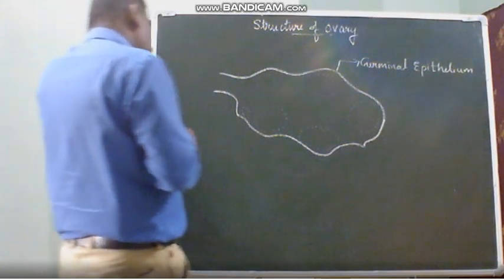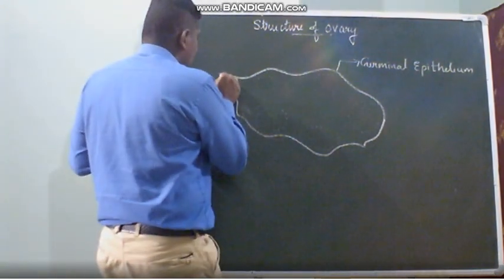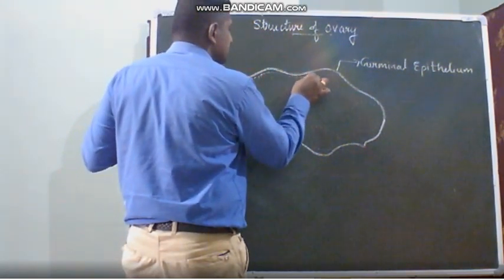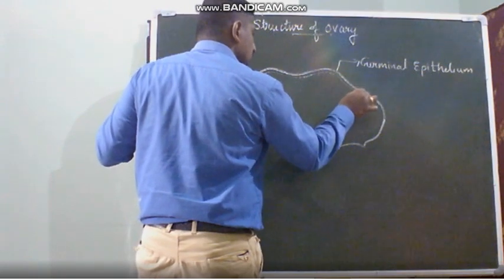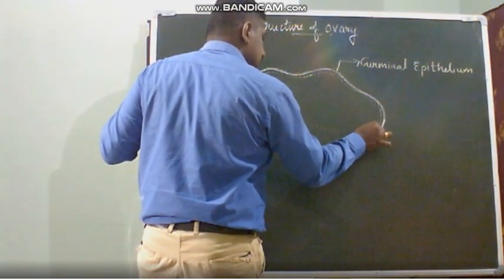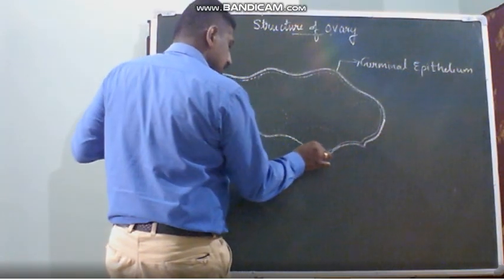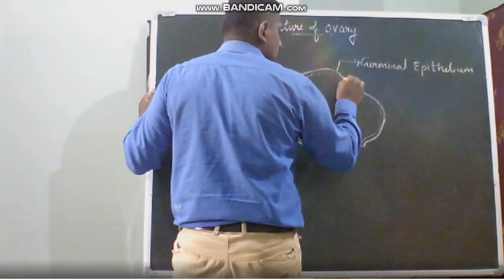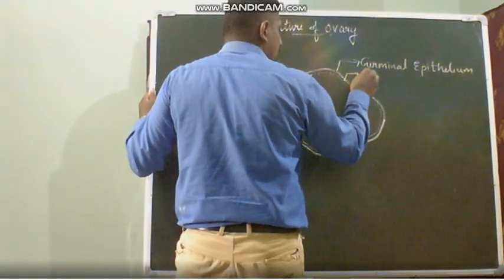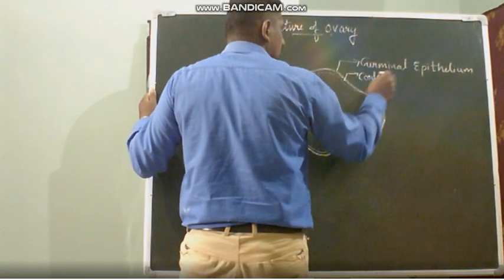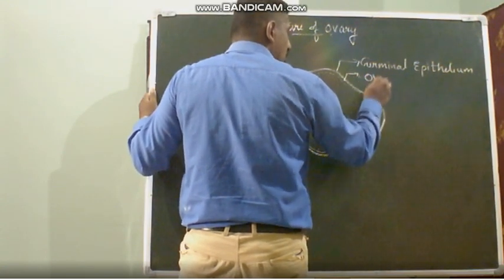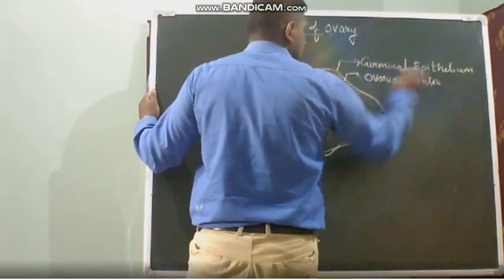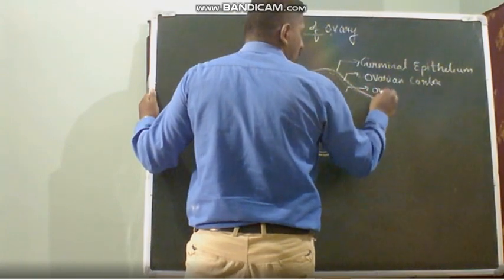Now they are divided into two different regions. Now I am going to differentiate the region by giving dotted lines. I am going to differentiate the two different regions of an ovary. So just draw a thin line, so you will be able to get the actual level of thing that we are going to explain. So the diagram also you can learn simultaneously with me. So this one is called as cortex, or another way people say as ovarian cortex. Ovarian cortex.